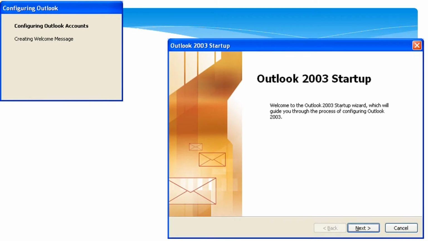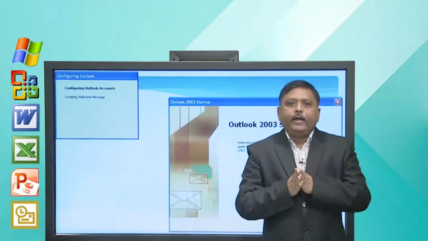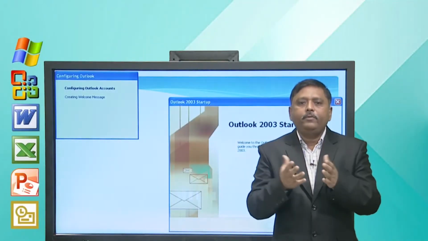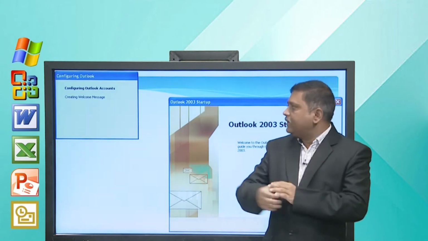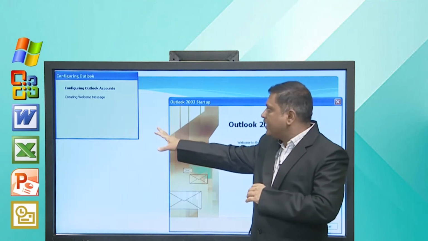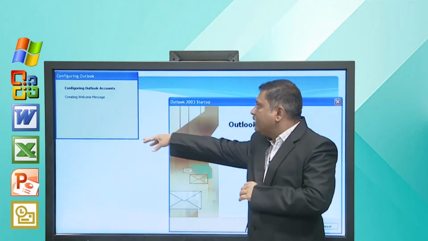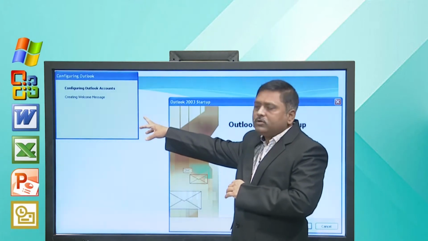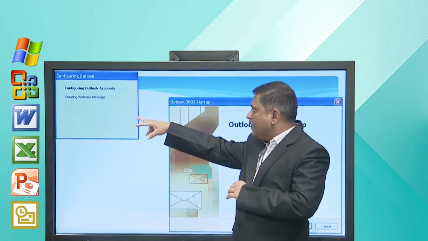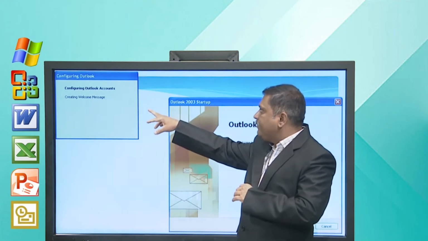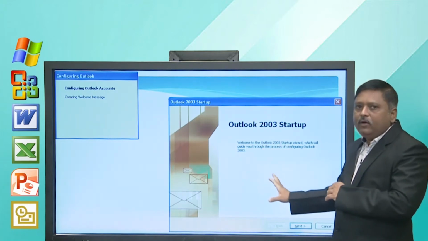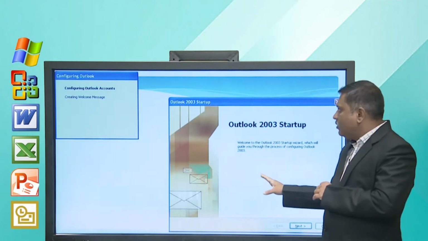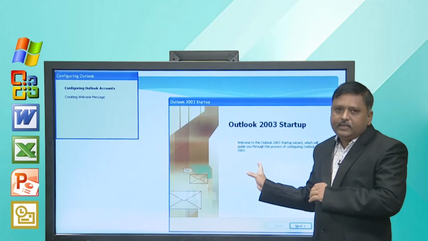Now, once you open Microsoft Outlook, it will first prompt you to set up your email account. So, the screen shown will be displayed, like this kind of dialog box will open, where it prompts that it is configuring your Outlook account, and here you can see the dialog box which is known as the Outlook 2003 Startup Wizard.